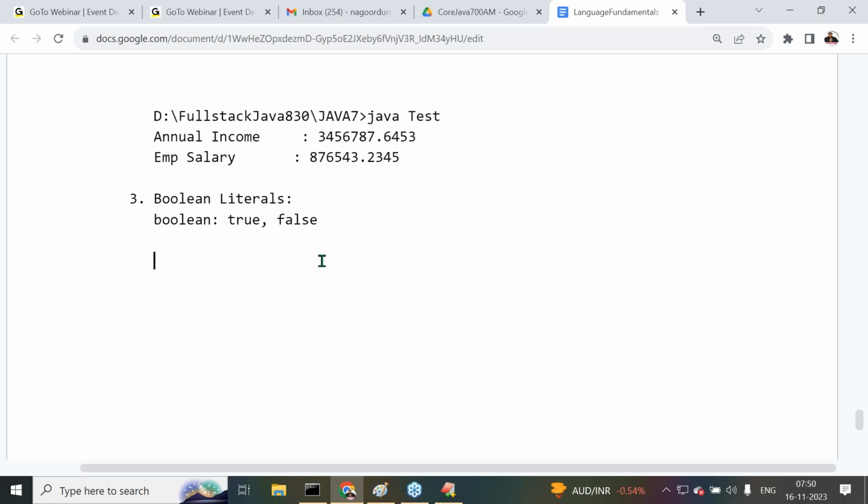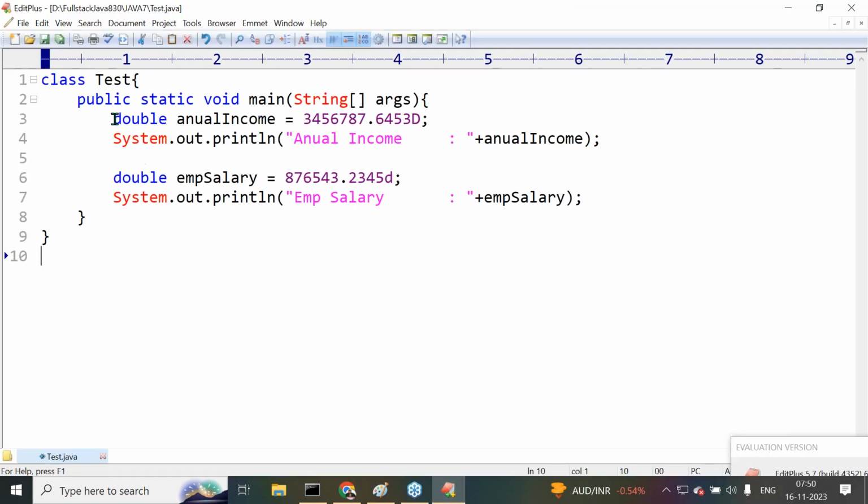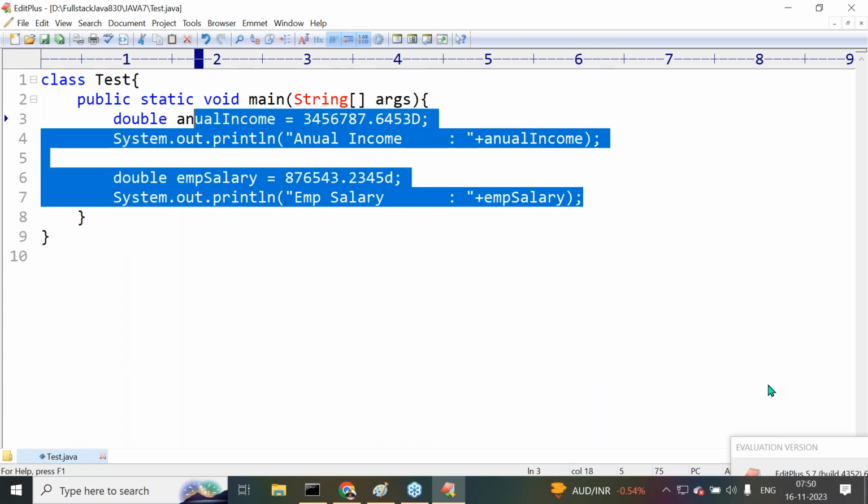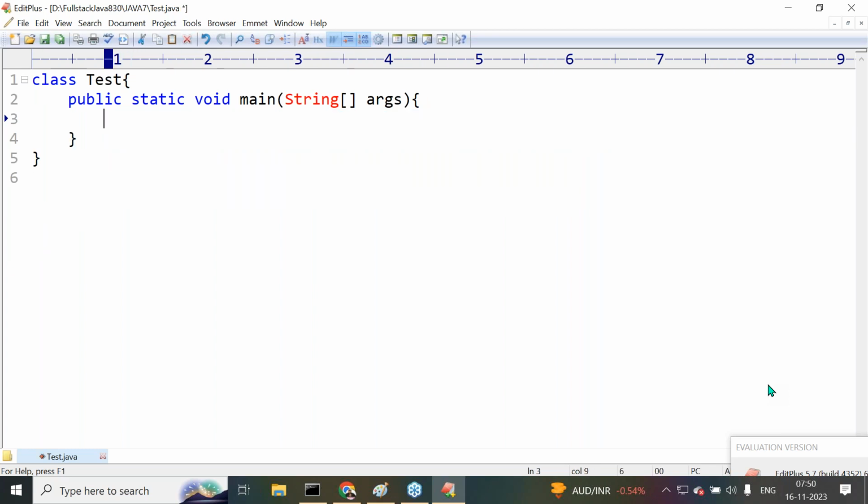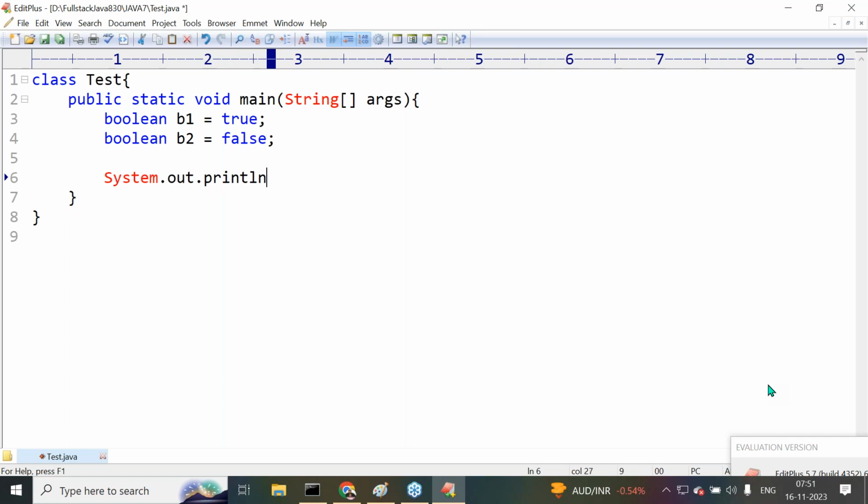Next, after understanding these Boolean literals, normal examples only here we are going to take. Now try to understand it clearly. Here I want to take something else: boolean b1 is equal to true and boolean b2 is equal to false. Something else here we have to take. Now here, System.out.println of, then what we are able to provide there. Now just we are going to provide